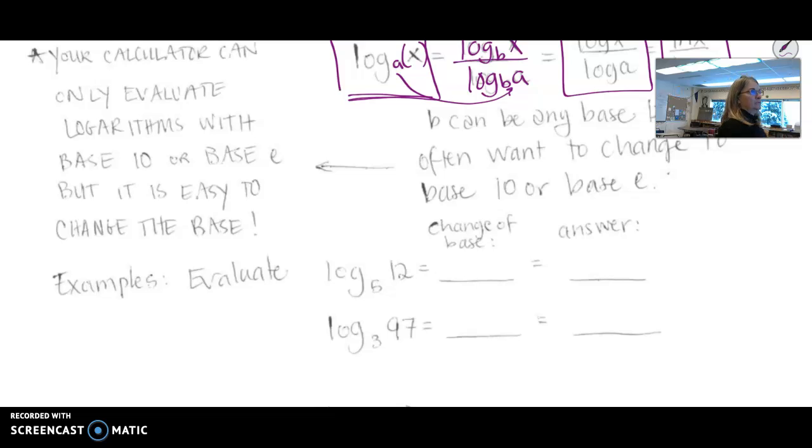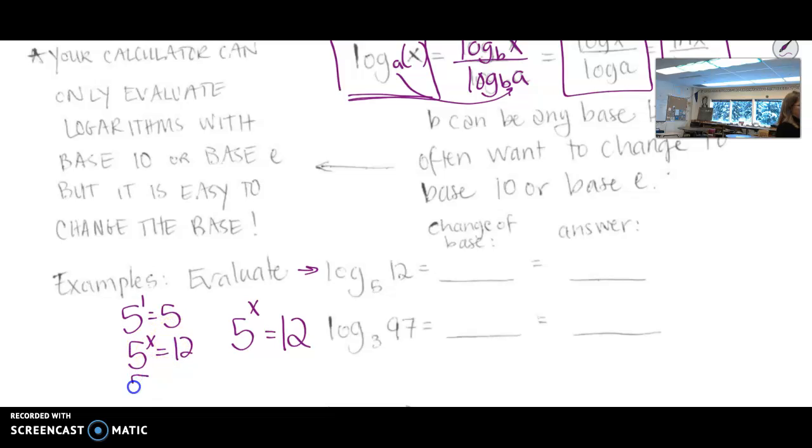let's look at how to use this. So if we want to find log base 5 of 12, what we're looking for is 5 to some power, that's what we're looking for, what power is equal to 12. Remember that a logarithm is equal to an exponent. So we could try different numbers. 5 to the first is 5. 5 to the second is 25. And since 12 is in between 5 and 25, we know that the answer that we get should be somewhere between 1 and 2,